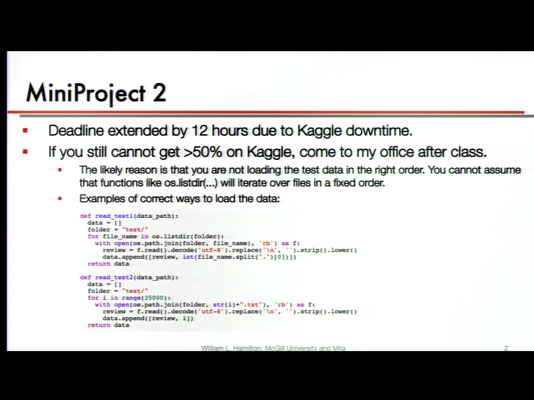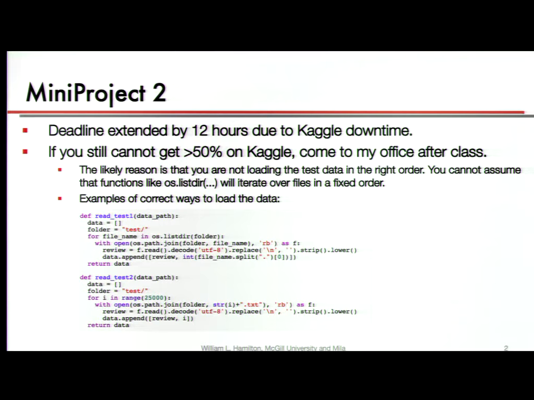So to make sure that you're actually loading the test data in an order that makes sense, there's two basic ways to do it. One is you can say, okay, let's iterate over all the files in the test directory, but let's not just read them, let's also figure out what the file name is that we're reading, and then save that information. So that's option one.